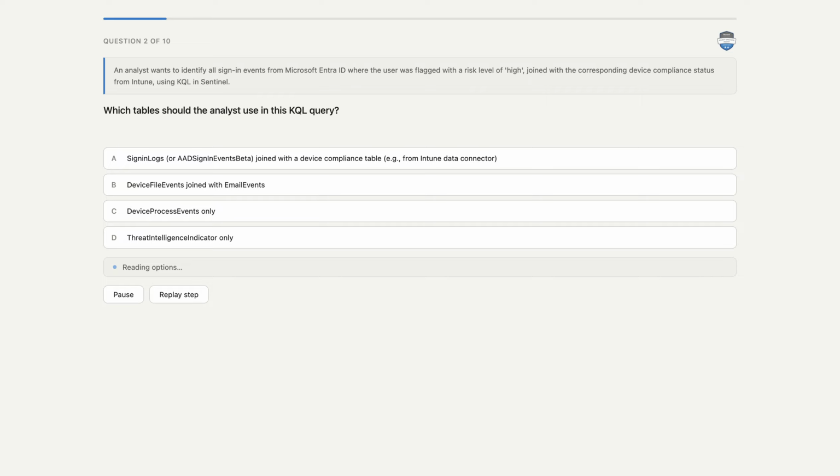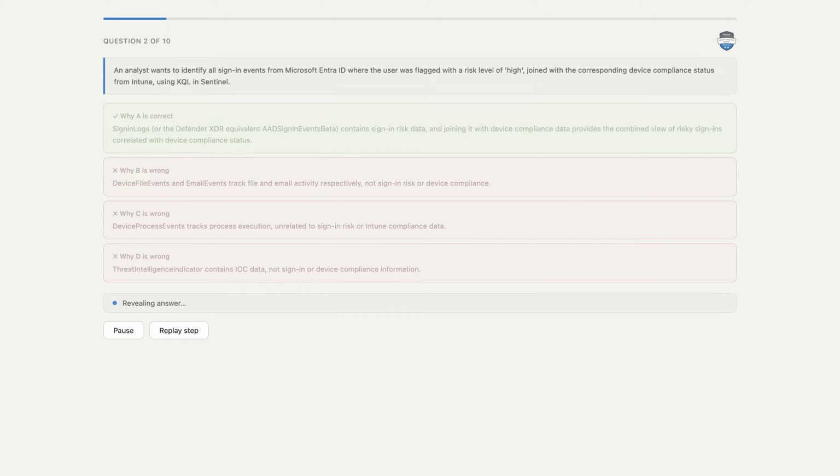Your options are: Option A, sign-in logs, or AAD sign-in events beta, joined with a device compliance table, e.g., from Intune Data Connector. Option B, device file events joined with email events. Option C, device process events only. Option D, threat intelligence indicator only. Take a moment to think about your answer. The correct answer is A, sign-in logs, or AAD sign-in events beta, joined with a device compliance table, e.g., from